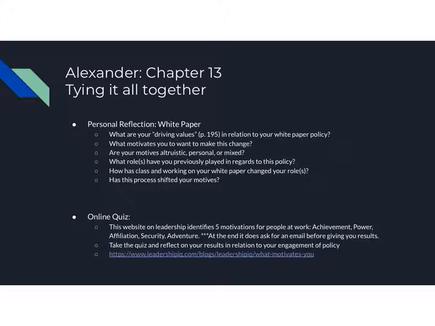I will tell you that at the end, it does ask for an email before it gives you your results. However, I did take the quiz, and it was interesting to read my results. And I started thinking about it in different context of, yes, work, because my position in work is as a vice principal. So I did think about what that looks like in work. But then I also began to think about, what does it look like in my work with how I choose to engage in policy at work, and then also